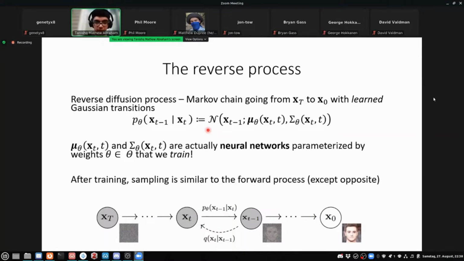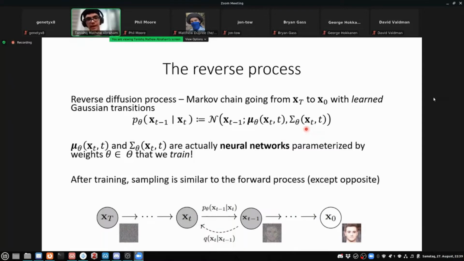And again, it's of a similar form where we have this conditional distribution dependent on the previous step. So the previous step would be xt. So we have xt minus 1 dependent on xt, because we're now going from capital T down to 0. It's in the reverse, so it might be a little bit confusing, but that's why we have xt minus 1 dependent on xt. And there we have our normal distribution, and we have our mean and our variance.